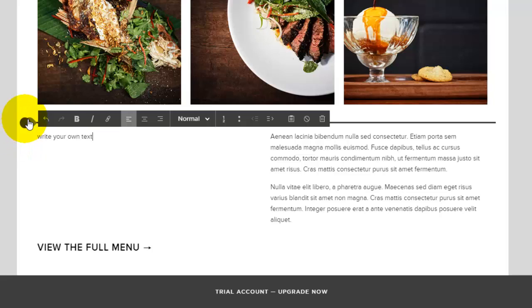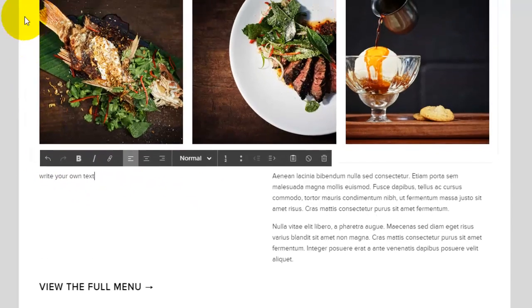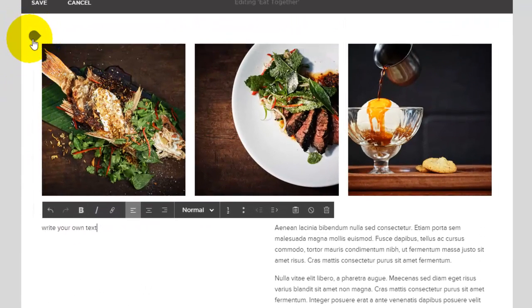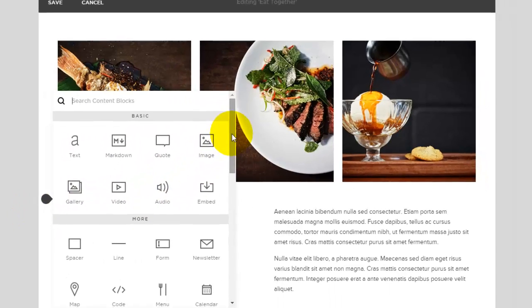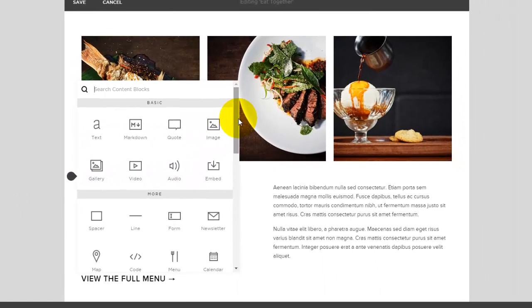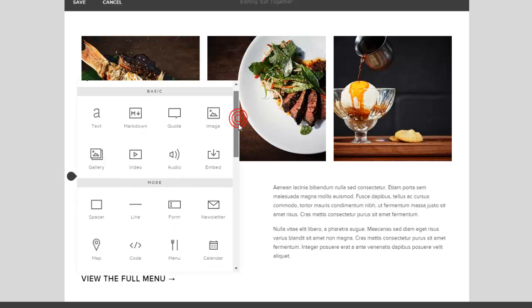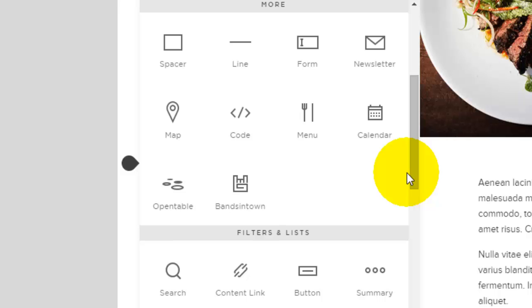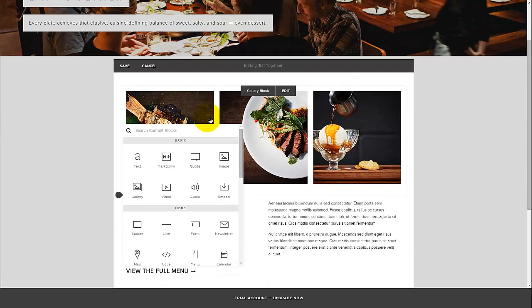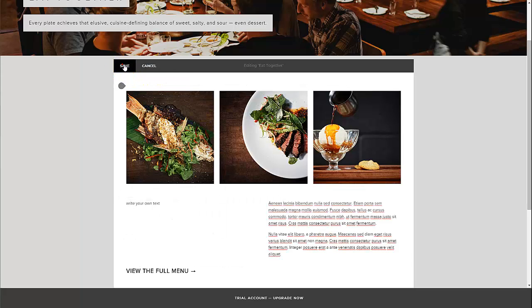If you want to add more content into it, you're going to see these little sideways teardrop sort of button here. Just click into that and you can start adding your own blocks. Blocks are basically just content that you can add into a Squarespace page, such as text, quotes, images, gallery, video, audio, anything you want that is required to build a basic website, you're going to get here. So once you've done your changes, you can just click save,